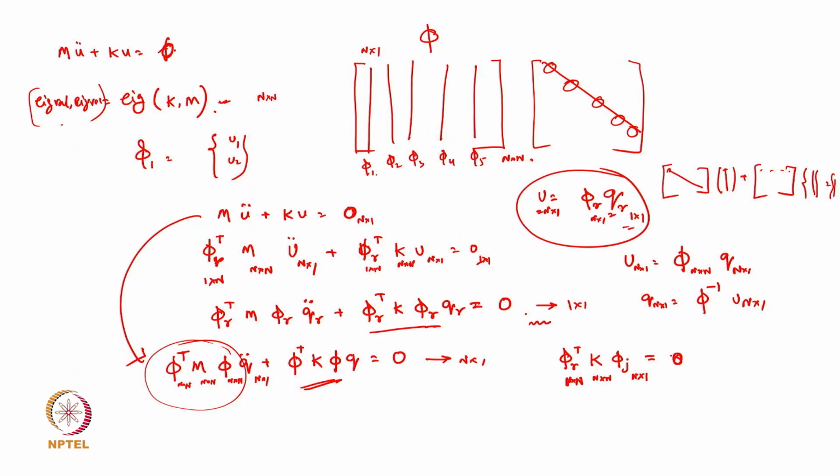You got that? Means if I take, let's say, this one and try to multiply with this one, not this way, one is inverse, sorry, transpose. So it becomes like this with the stiffness matrix full and multiplying with this: phi 1 transpose with the stiffness matrix into phi 3, just for example, it should become 0. Then what will happen, if I try to express it a little bit in the form of the column space, so if you see that,